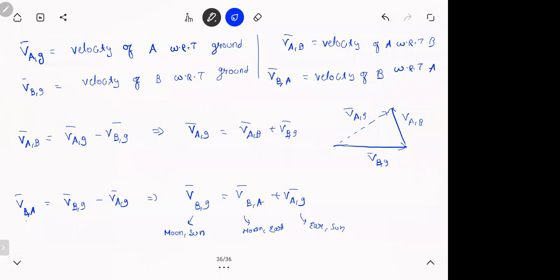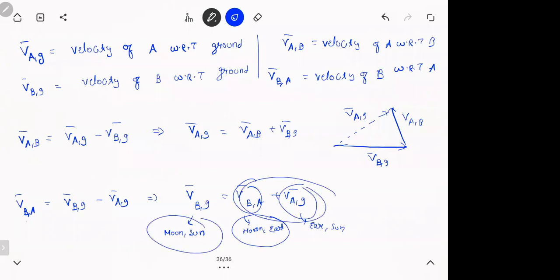That's what you did, no? The starting example that I gave you. How is the motion of the moon? See the moon from the earth, then see the earth from the sun. You will see two circles. That will give you the motion of the moon with respect to sun. So if the moon is seen from the earth, that is this. Then if the earth is seen from the sun, that is this. When you add these two, I get the moon from the sun. That's what it is trying to tell you, nothing much.